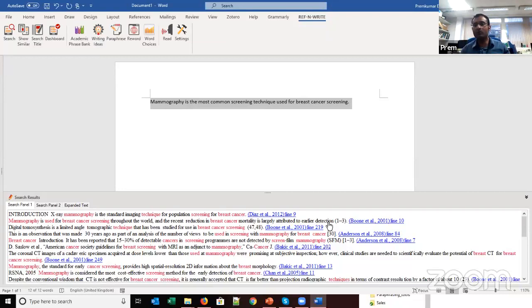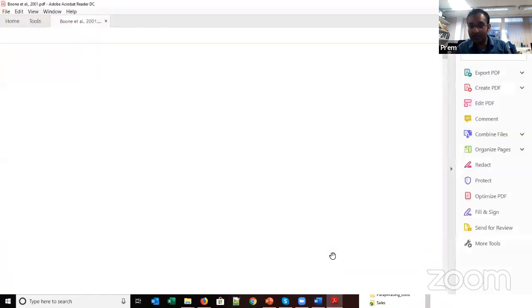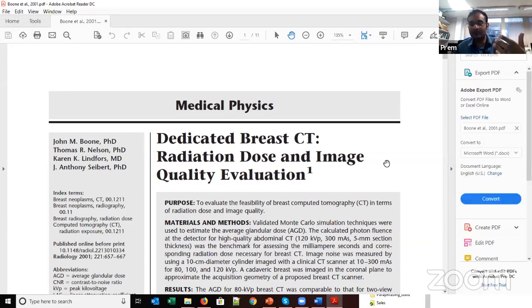If you want more information, if you want to expand the text, you just click on the link, it brings up the passage, right? And then if you click further, it opens the PDF file, and it even scrolls to the page from which the search result comes from.